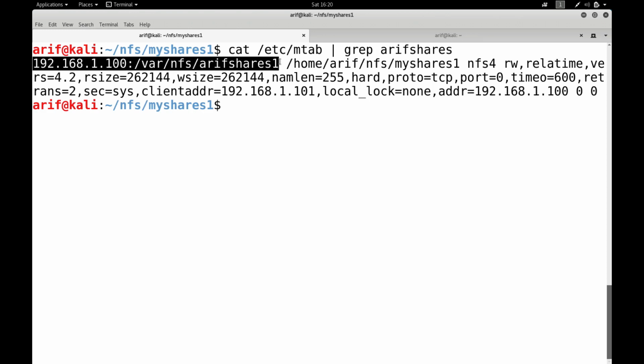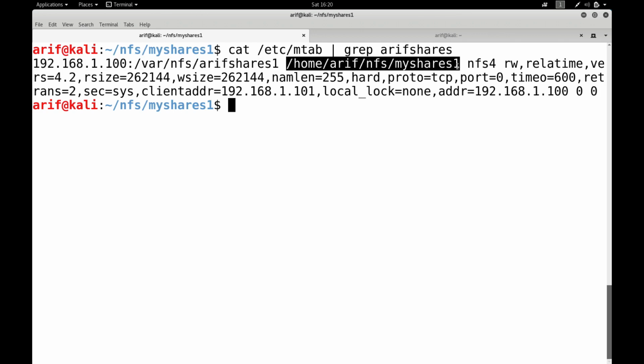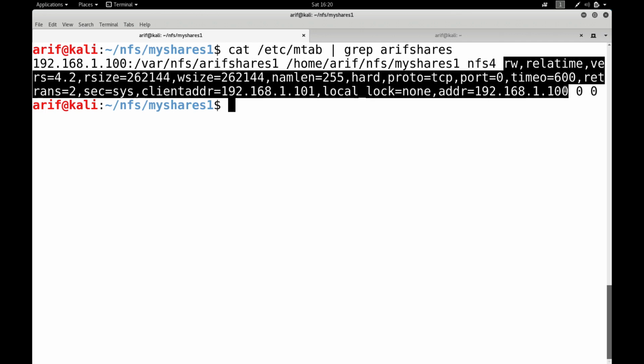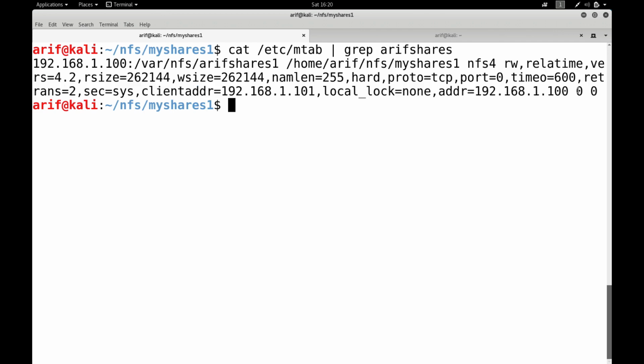Okay, this entry has 6 fields. The first field is actually the file system which is mounted. The second field is the mount point. The third field is the file system type. The fourth field, which is quite a bit long, are the mount options. And finally we have this fifth field, which is the dump frequency. And then finally we have the fsck order. I will talk about this in a bit of time. Okay, anyway,